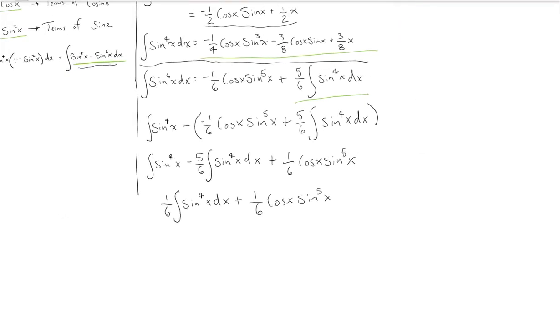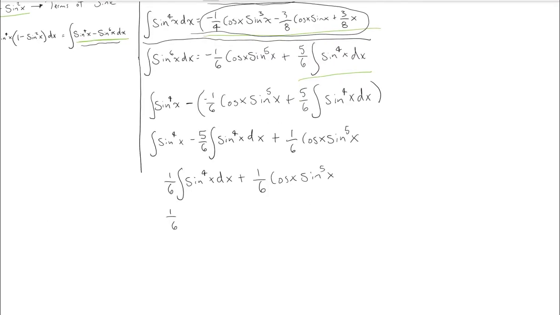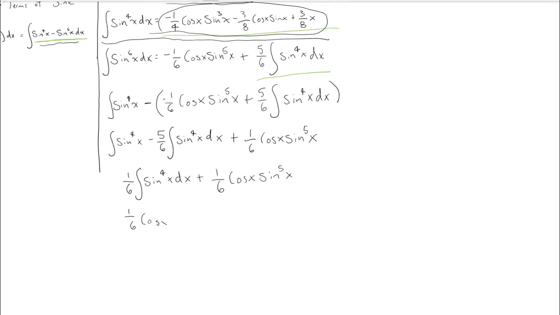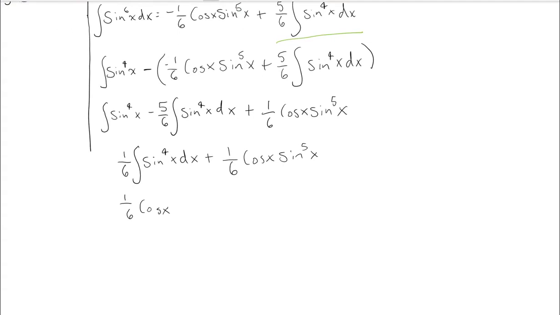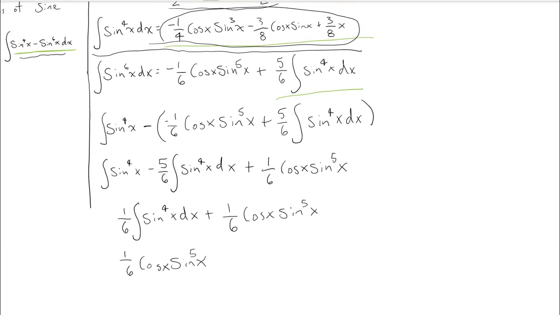Now we already solved for our sine to the 4th of x, and it's up here. So now we will just write that in, and we will get a minus, and actually let's write the second term first, cosine of x, oh, and the computer is acting a little bit funny right now, cosine of x sine to the 5th of x. Okay, now this will be 1/6 times all of this that we have written up here, so it'll be a minus 1/24 cosine of x sine cubed of x, and then it'll be